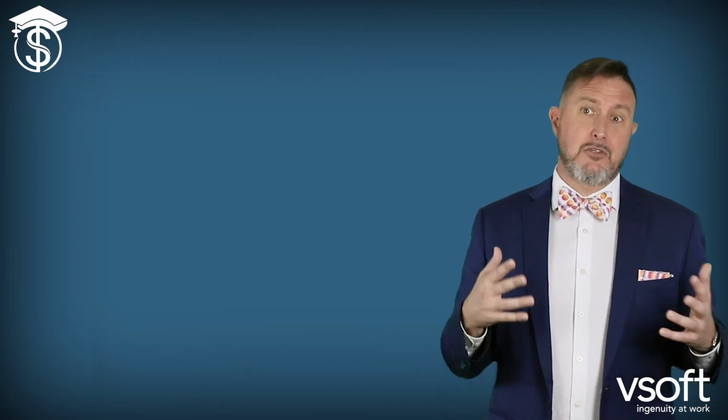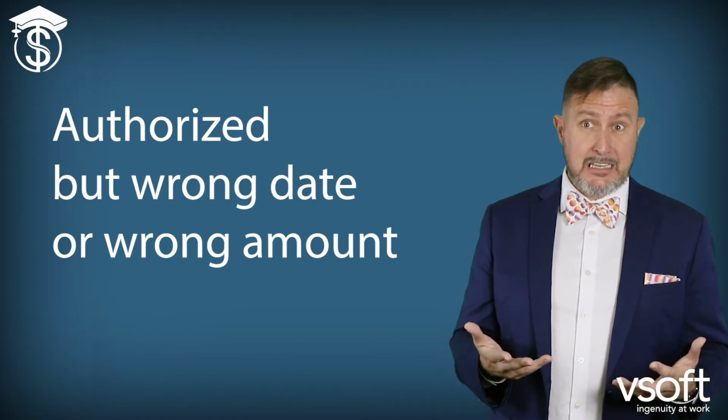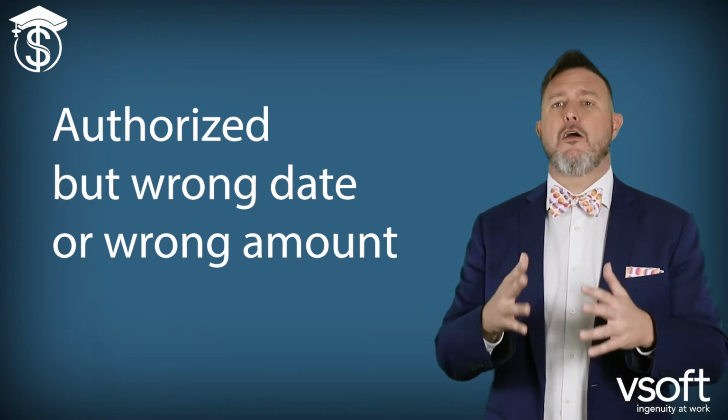The return reason code R10 tends to be used as the catch-all for multiple types of issues surrounding unauthorized return reason codes, including those historically used for entries that had valid authorizations. But we're not going to use it for ones that have valid authorizations. For example, when a consumer debit is processed on the wrong date or for the wrong amount from what the customer has authorized, it's authorized, but just processed incorrectly or differently than what was on the authorization. In those types of cases, a return of the debit still should be made,